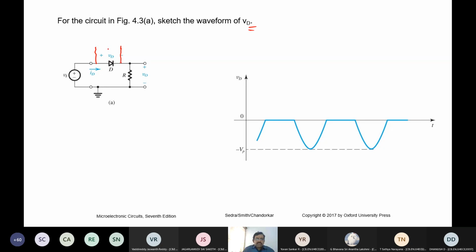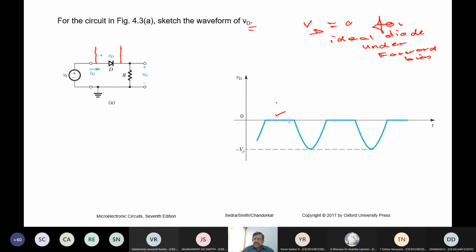When will there be a voltage? When will be the case? For an ideal diode, it will be 0. VD is 0 for an ideal diode. Already the output is shown here. Okay, so I'm just explaining how this output came. VD is 0 for an ideal diode under forward bias, when it is conducting under forward bias.